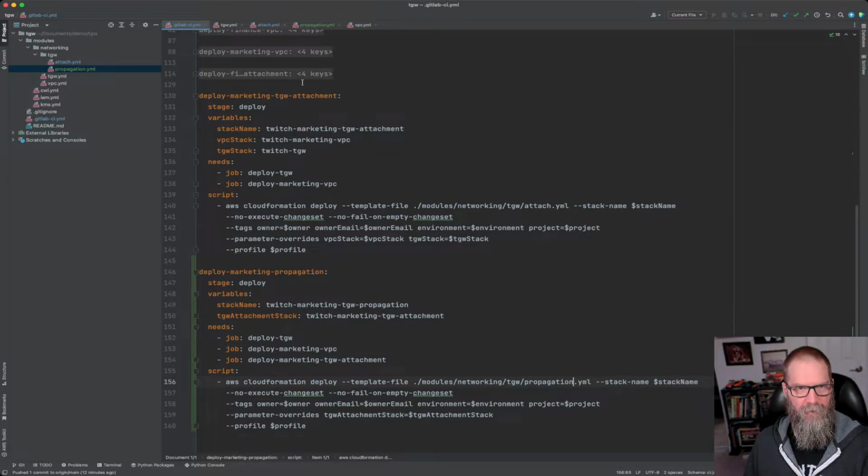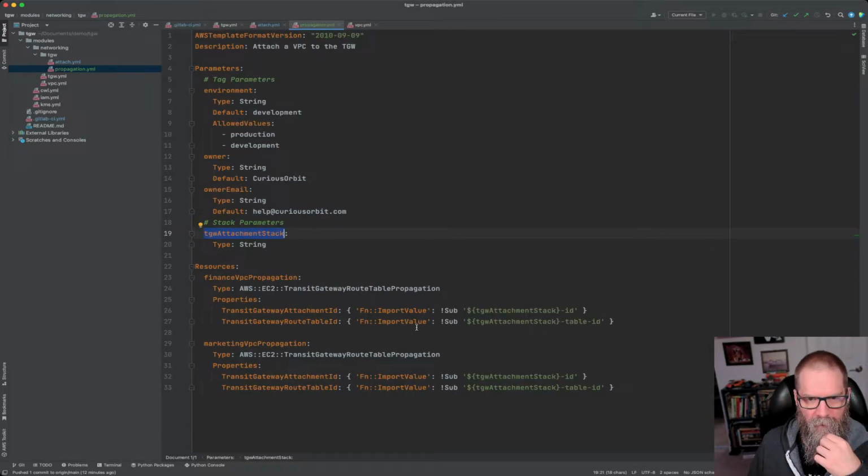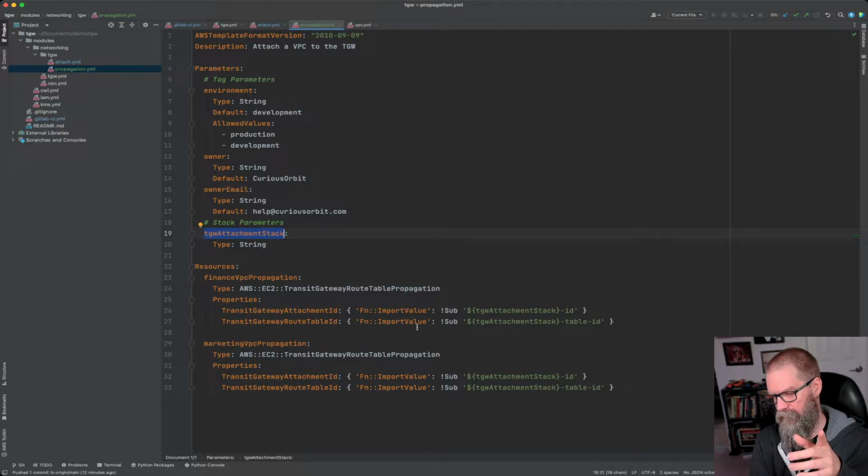That's it. Problem. We can't actually pass in just a generic attachment stack like this, because you'll see here we're passing the same stack in, so we need